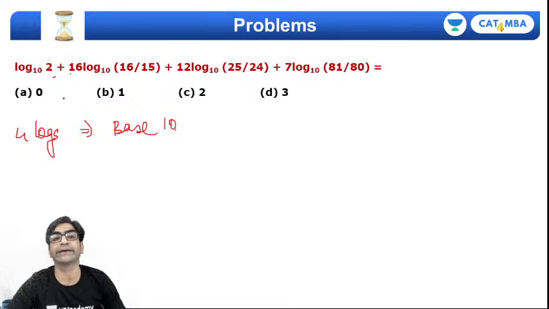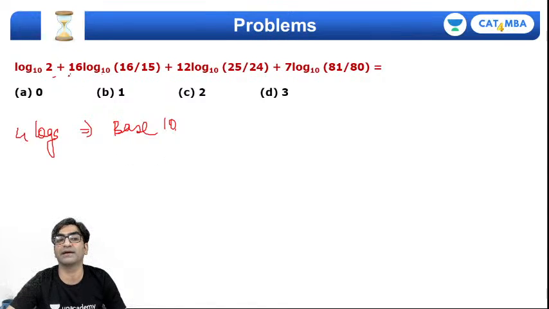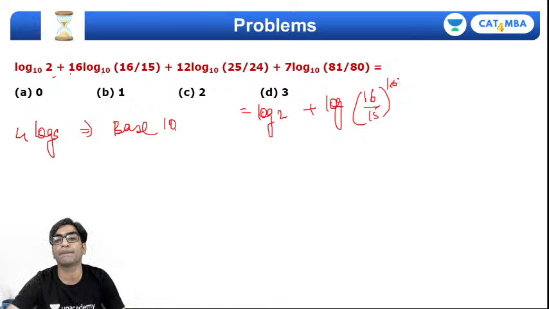तो मतलब क्या करेंगे, सबको बेसिकली ऐड करते हुए दिखाएंगे. अगर 4 लॉग्स ऐड हो रहे हैं तो उनके रेडिकेंट्स मल्टीप्लाई हो जाएंगे ना, क्योंकि बेस सेम है, बट ये पावर्स को अंदर ले जाना पड़ेगा, राइट? व्हिच मींस द फर्स्ट स्टेप आई डू, आई राइट दिस एज log 2. अच्छा, ये तो पहले सब सिंपल है, बट ये 16 अंदर जाएगा तो ये 16/15 पावर 16 हो जाएगा,